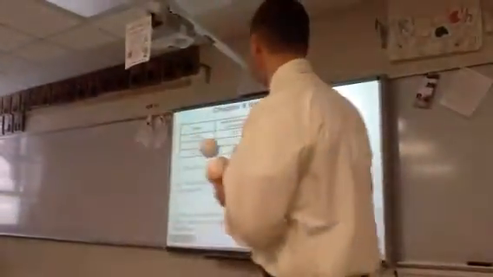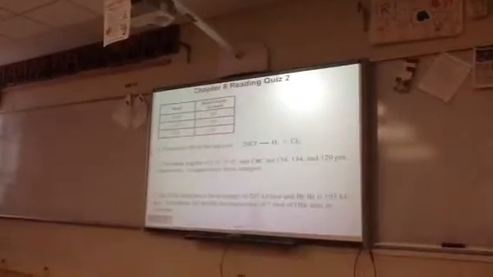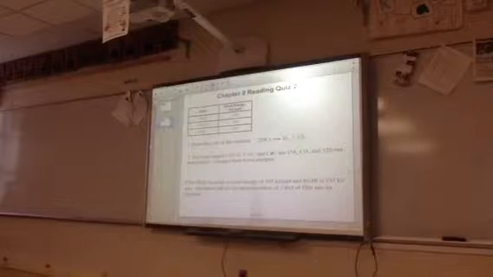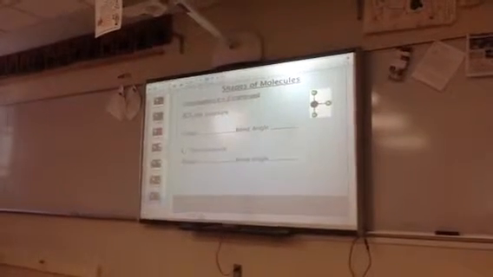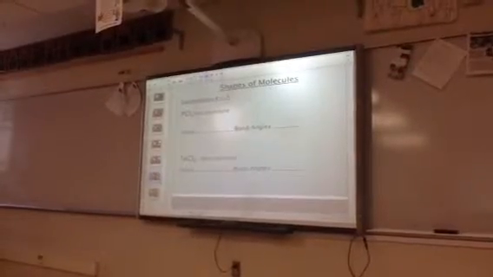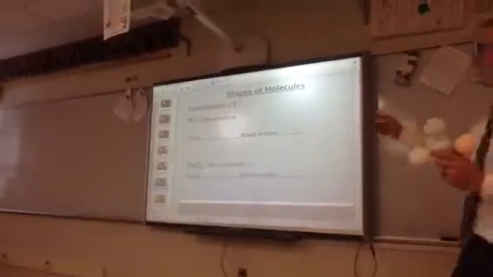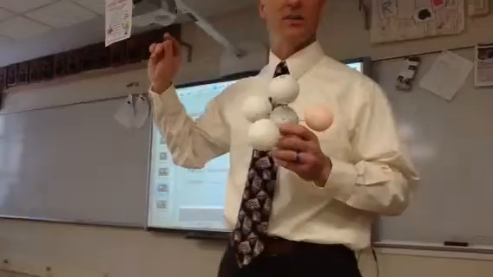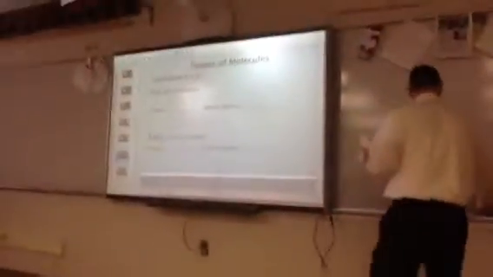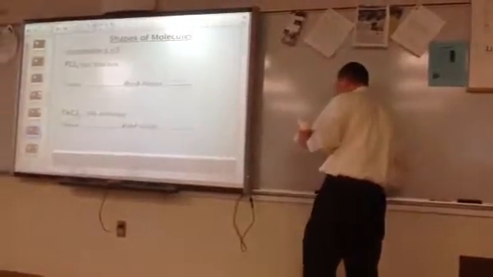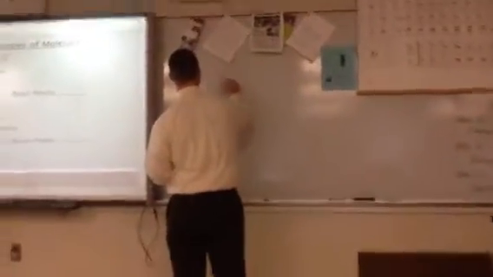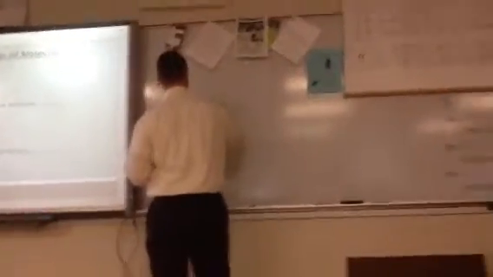We started yesterday. We had just started the PCl5. In fact, I don't think we got to this yesterday, did we? No. Coordination number 5. We finished with 4. PCl5 is a structure that looks like this. The phosphorus is in the middle. You don't have much of a choice here. You have to put a Cl on